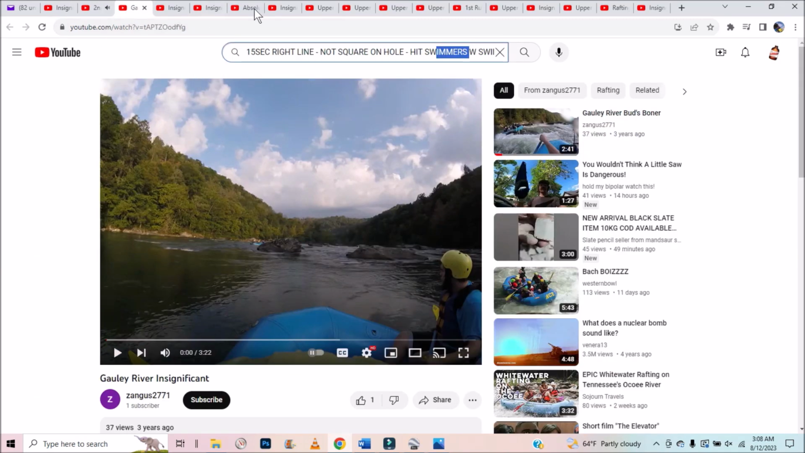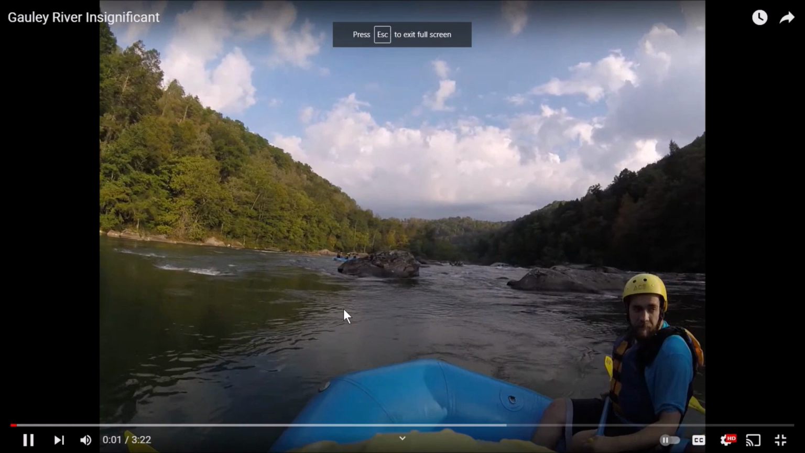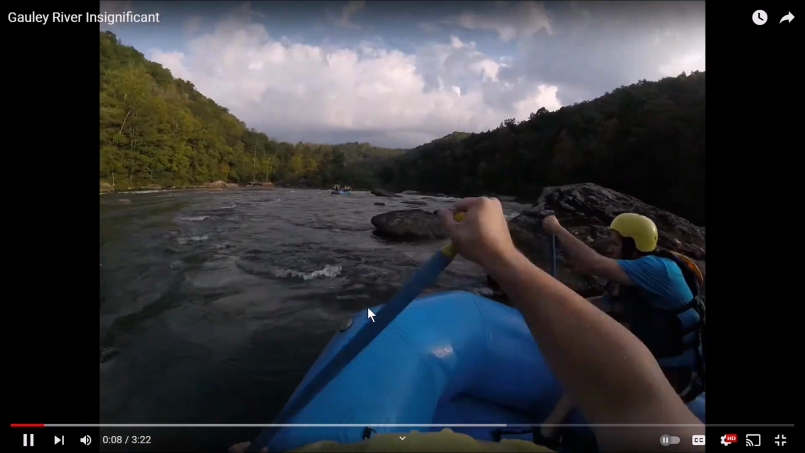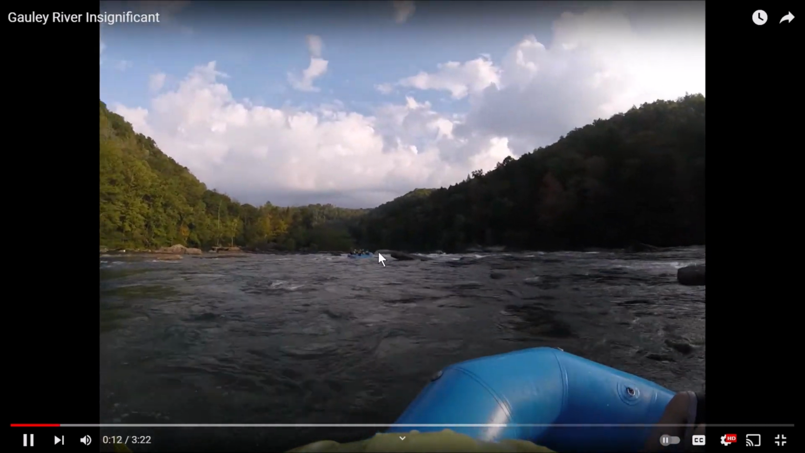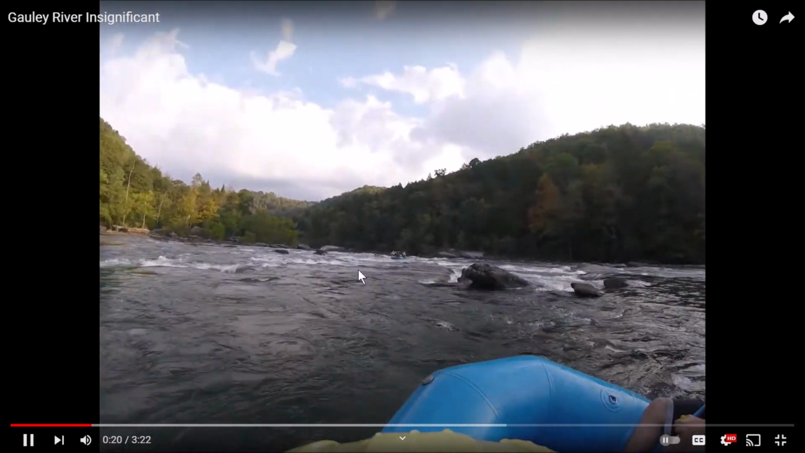Hell yeah, and we just have tons of them. So anyway, this says 15 seconds of downtime. This is the right line. They're not square on the hole. They hit swimmer's rock, and the guy gets 15 seconds. So this is crazy. We're going to speed this up, because we're identifying these two boulders. We're identifying where this otter rock is. We're going to identify where this flat